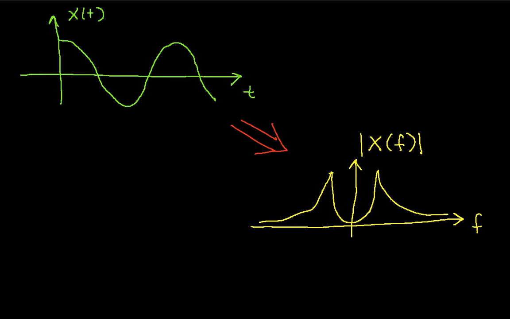So this picture shows graphically what we want to do. We want to take a time signal and compute, in this case I've shown its magnitude spectrum. The way we do this is with a mathematical process called the DFT, which stands for discrete Fourier transform. And the DFT is extremely useful. It allows us to manipulate things that start off in the time domain and put them into the frequency domain